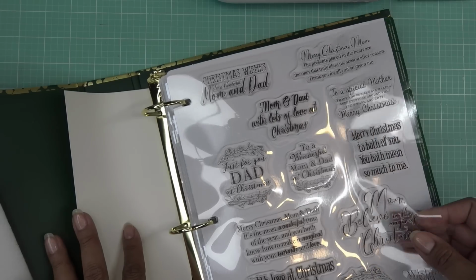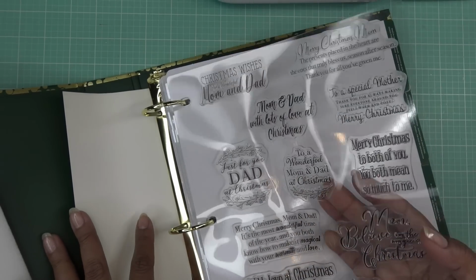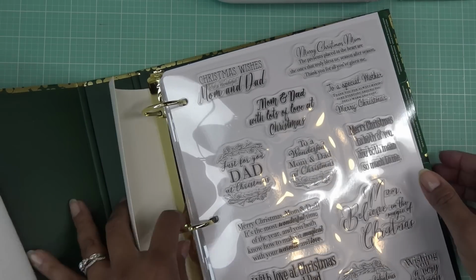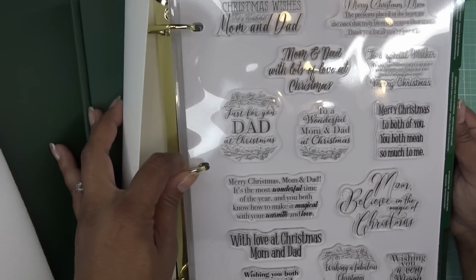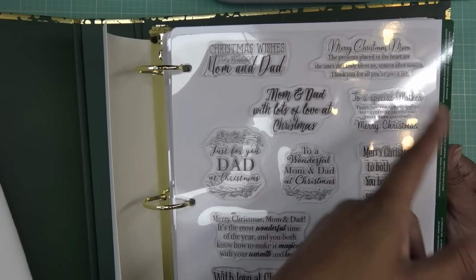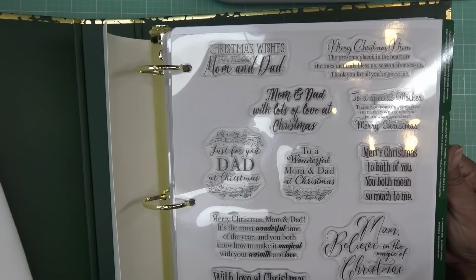Again, these are not photopolymer, but they look like it. Just the way they're designed or made. They look very much like photopolymer, but they're not. They're just acrylic. So, you know, this first part, Magical Christmas Wishes, Merry Christmas Mom, the presents placed in the